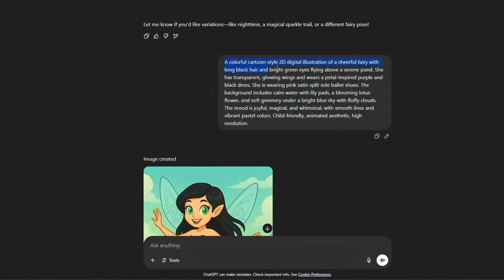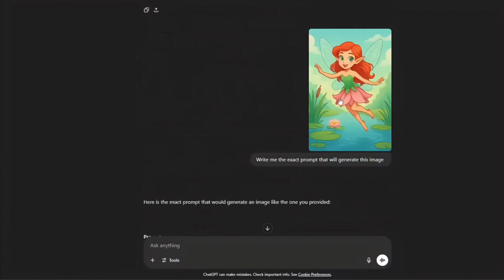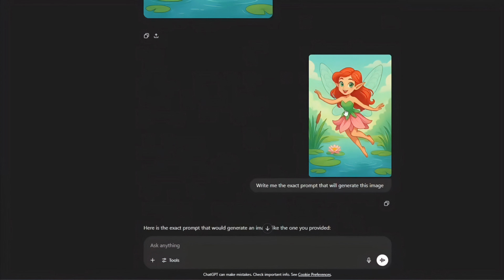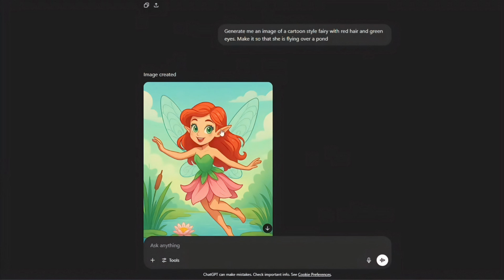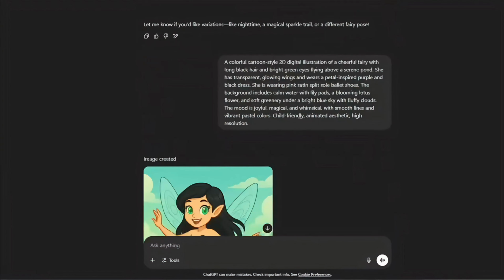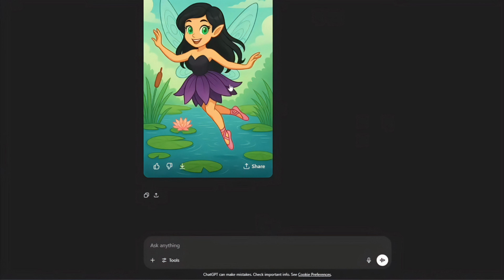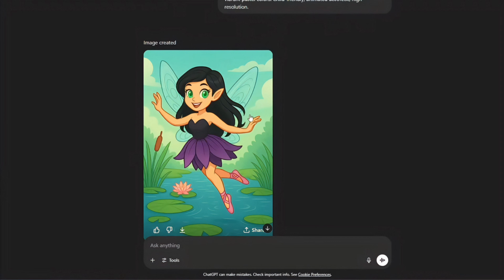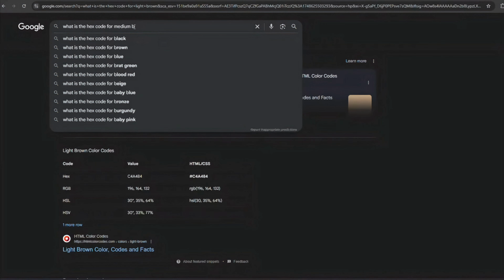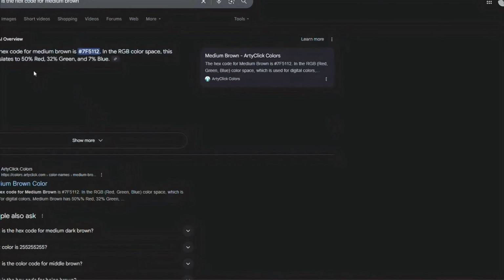Now here is the final and most interesting trick. I find that changing skin colors requires you to enter the appropriate hex code. For example, let's say that with this black and purple fairy, we want to make her skin a little more brown. It could be lighter as well. It depends on whatever tone you would like. So what I will do is go to Google and search, what is the hex code for medium brown? And we have the hex code number